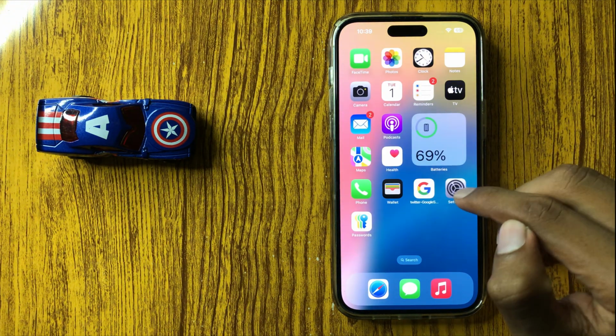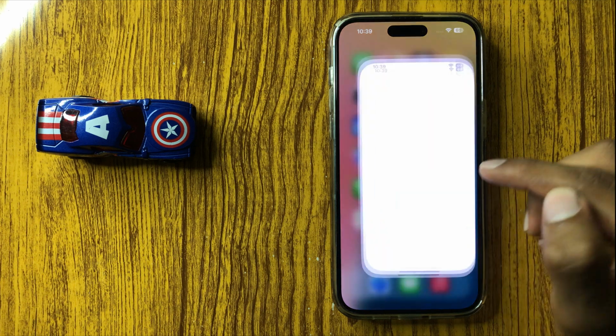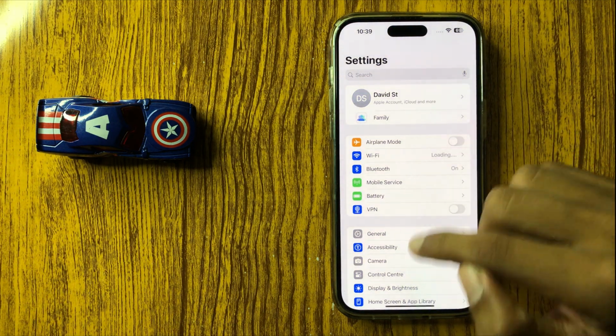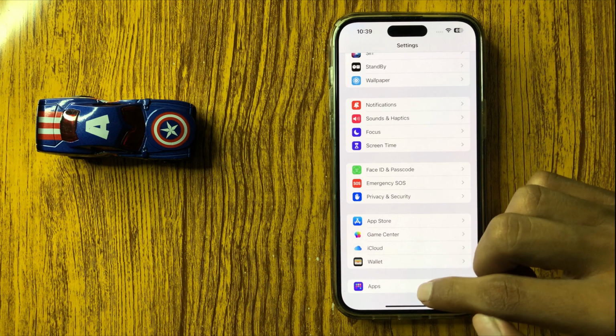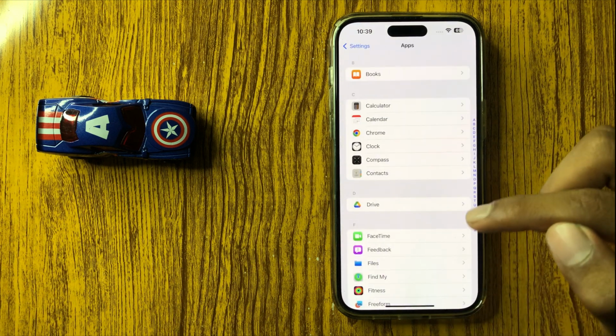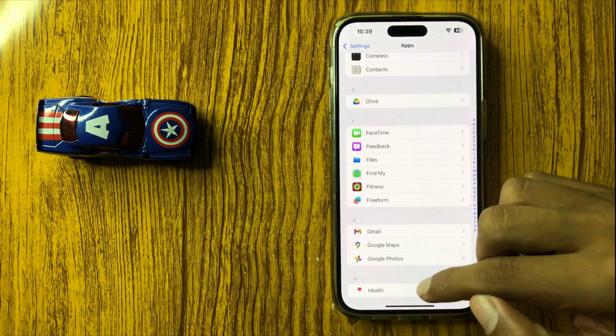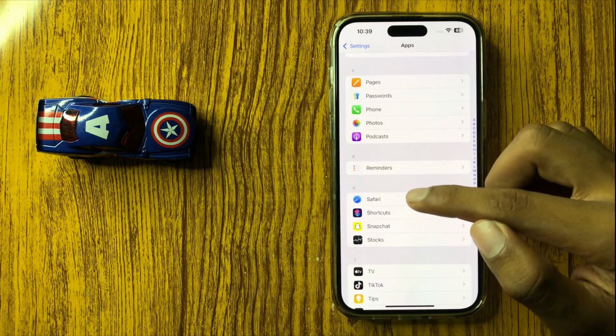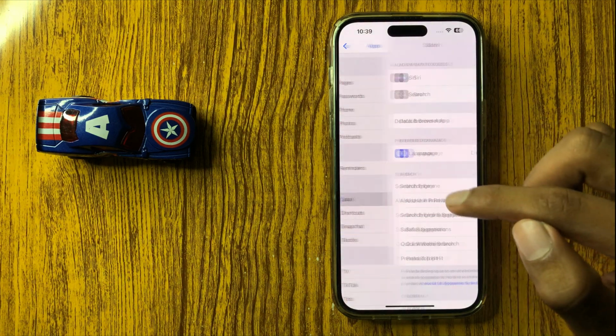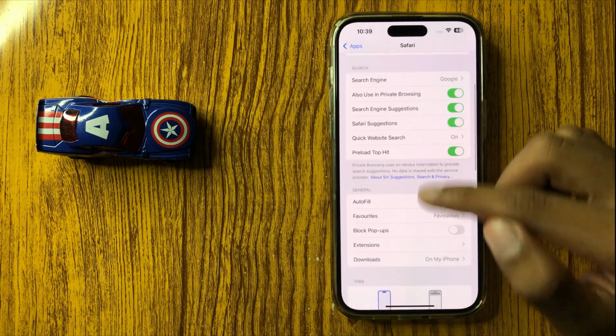First of all, open Settings and then scroll down to the last, and here you see the option Apps. Click on Apps and then scroll down, and here you can see the option Safari. Click on Safari and scroll down,